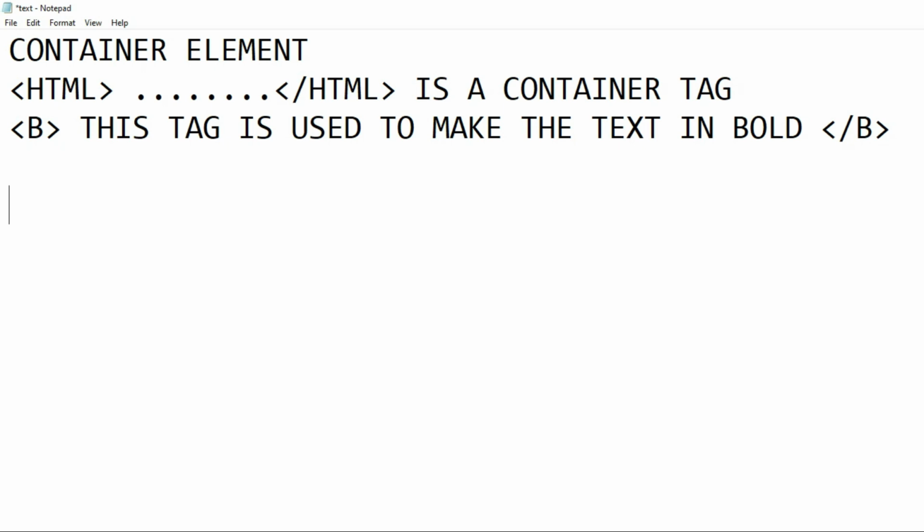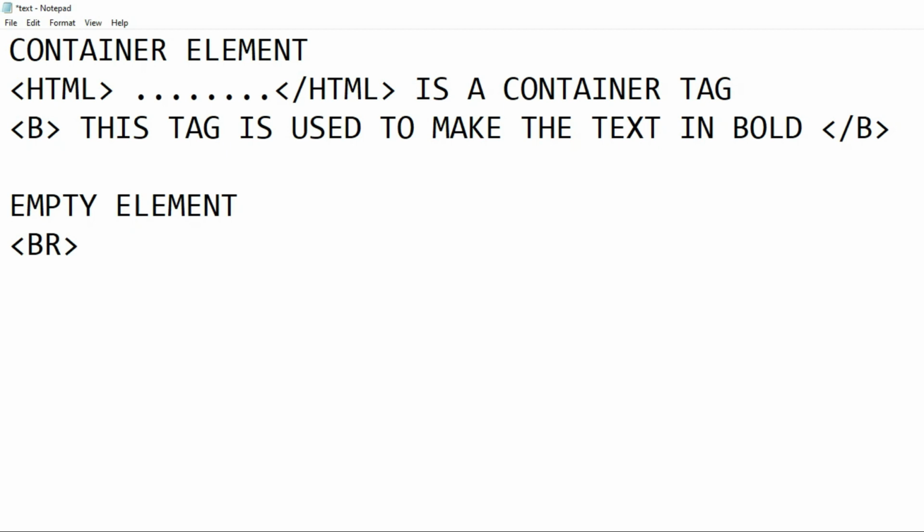And in an empty element, some tags don't require an ending tag, they require only an opening tag and it works. Like changing the line, that is the br tag, which we use to give space between lines, break rule. So we just need to type only the br tag, no need to open and close again.